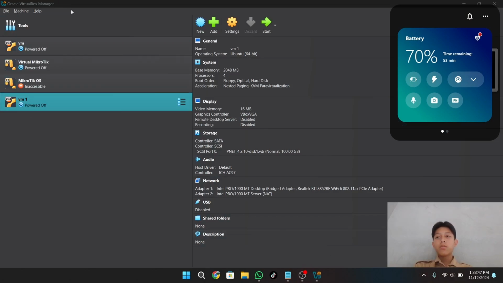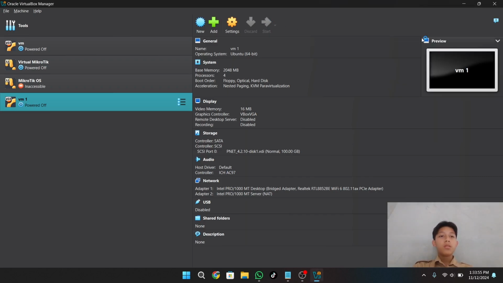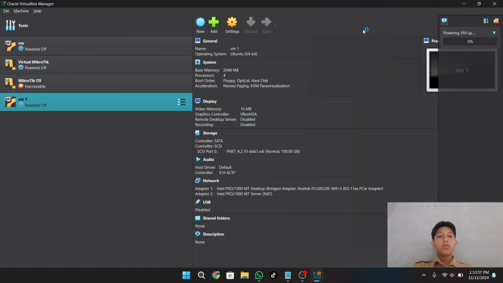After your VirtualBox is open, you can start your EVE-NG or PNETLab. But today I use PNETLab for the engine. Okay, wait until the PNETLab starts.